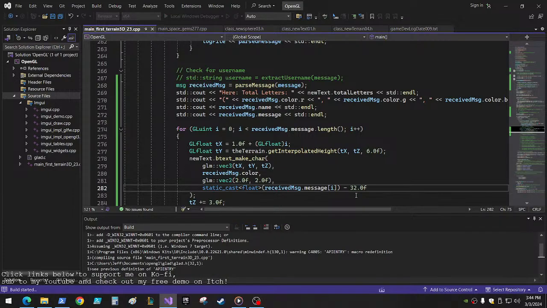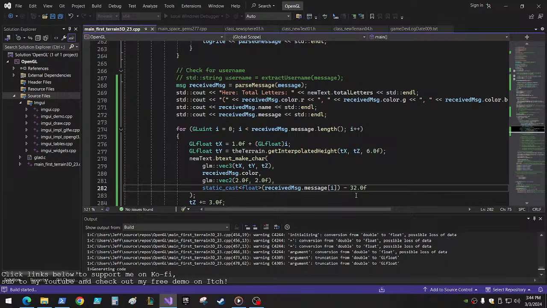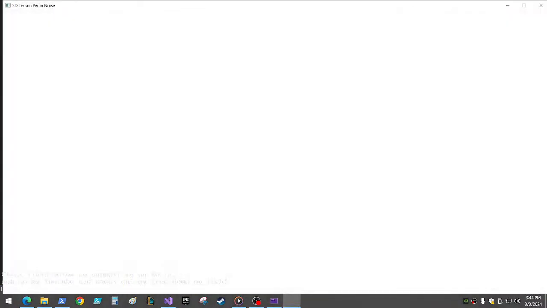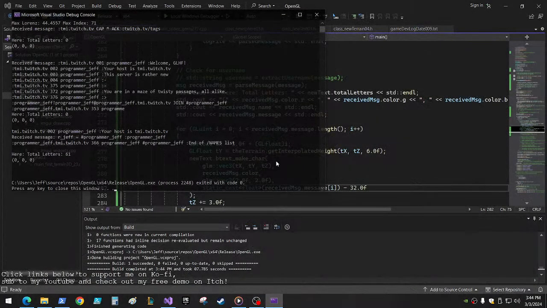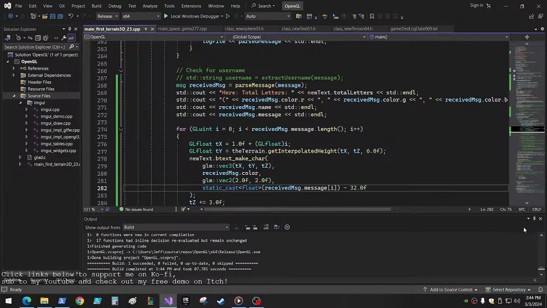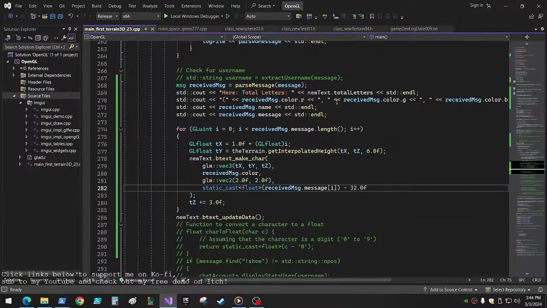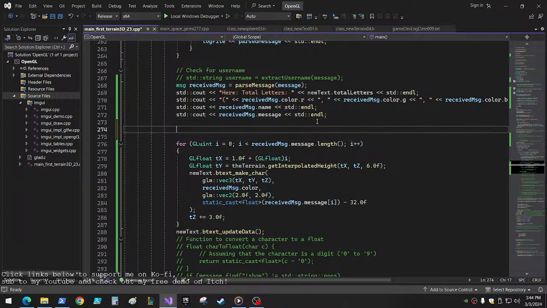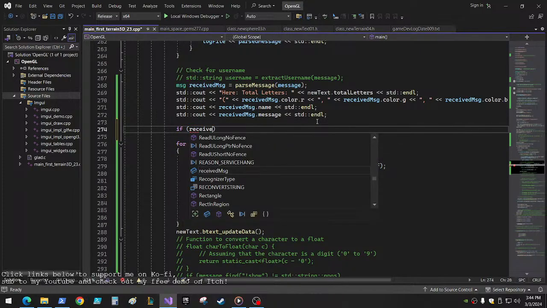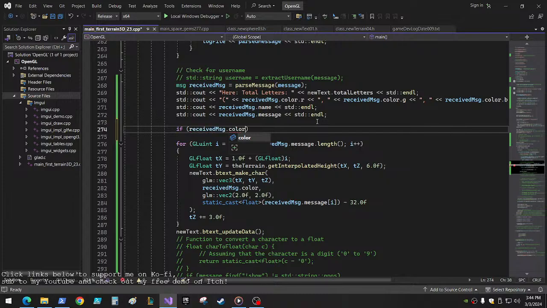Also, why is the color so messed up? Oh, it's because when there is no color... Okay, hold on. So when there is no color, what I want to do is, received color. Let's go like this. If received message.color.r is less than 0.1,